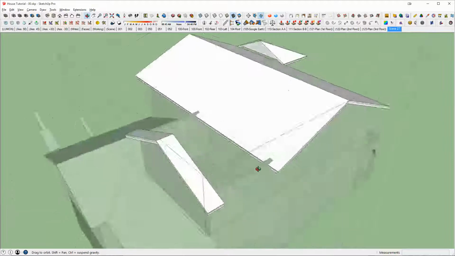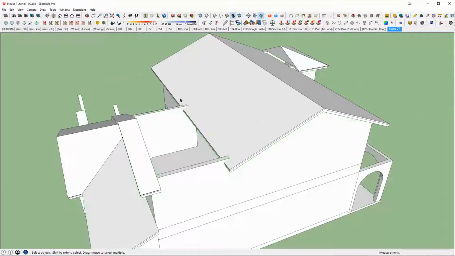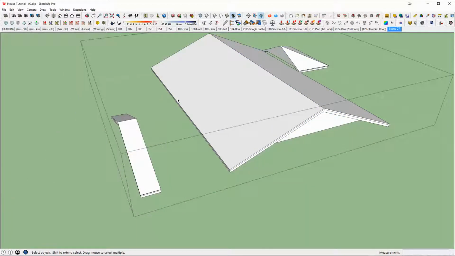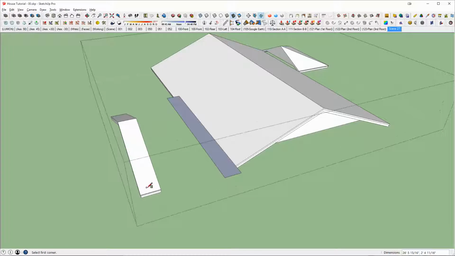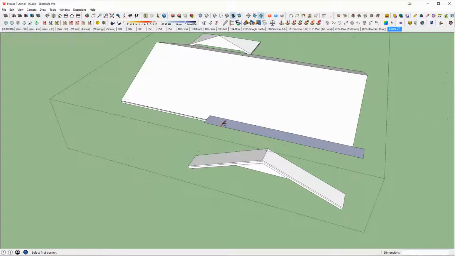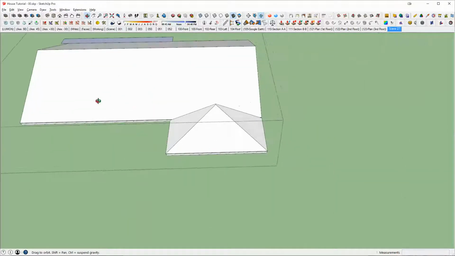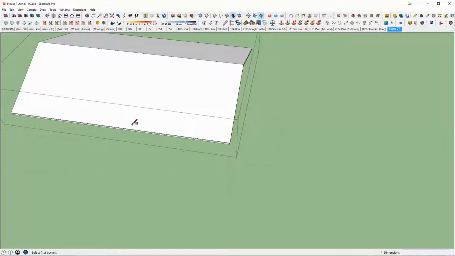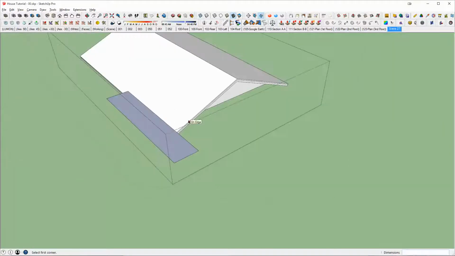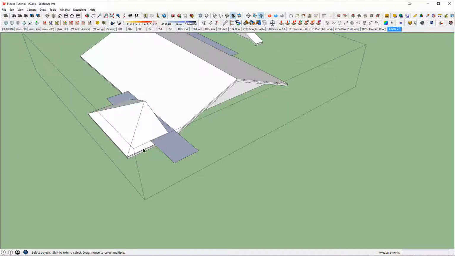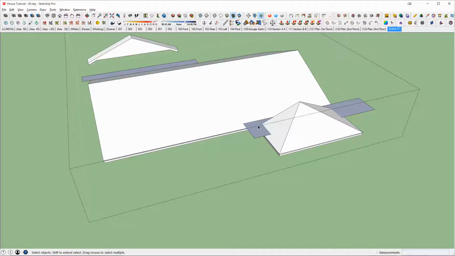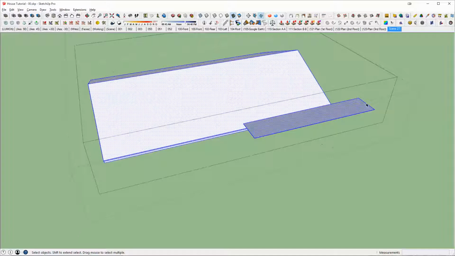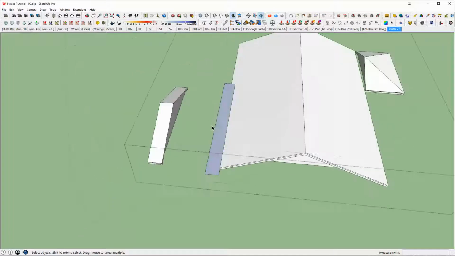And so really what I want to do is, I'm not going to really want this section of roof, because we're going to join this to this, and then this is going to join from here to here, and we're going to do basically the same thing on this roof. I'm going to get rid of, say, this section because this is going to bleed into this, and this is going to bleed into here. And so I'll show you what I mean. Let me undo, get rid of these pieces,